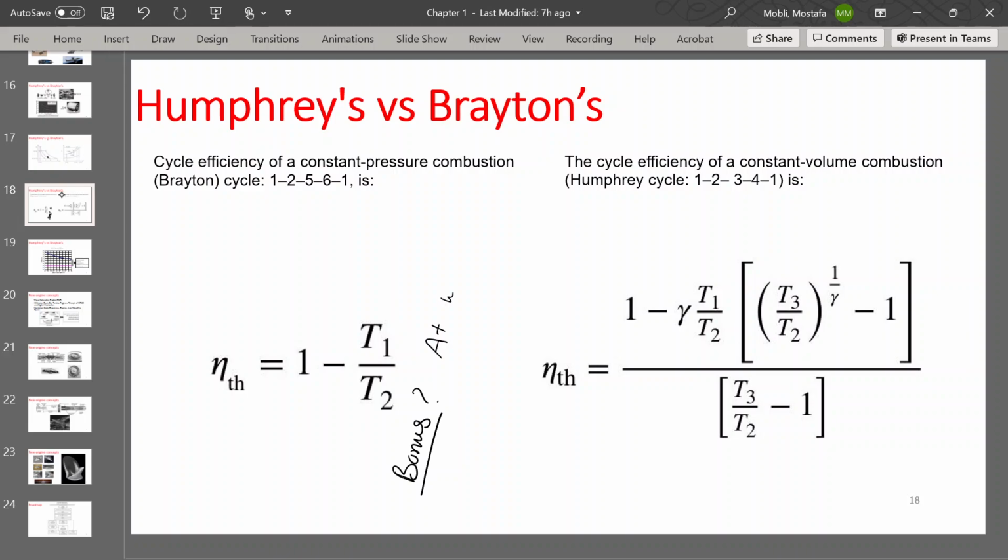At what T3 is eta thermal of Humphreys, I'm going to just use H, going to be equal to eta thermal of Brayton's? I'm guessing,